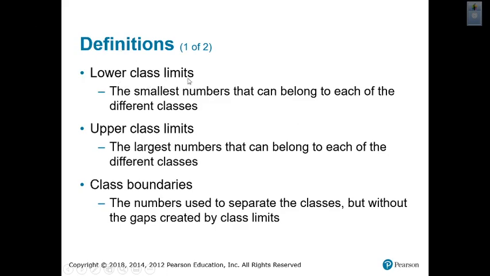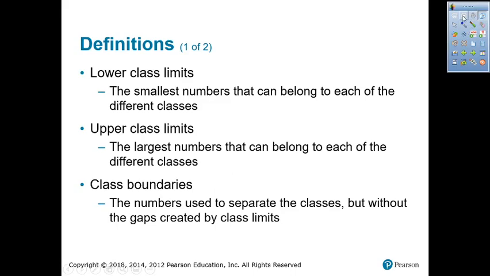The lower class limits are the lowest values allowed in a particular class. And the upper limits are the highest values allowed in a particular class. And then the class boundaries are the halfway mark between the upper limit of one class and the lower limit of the next class. All right, so